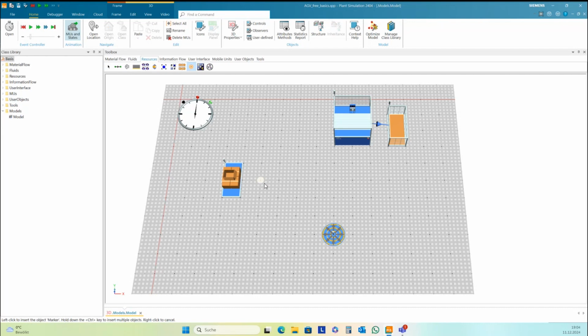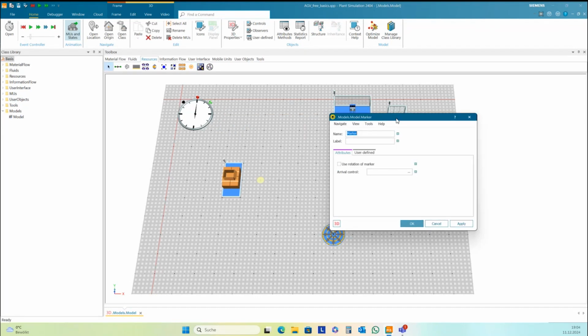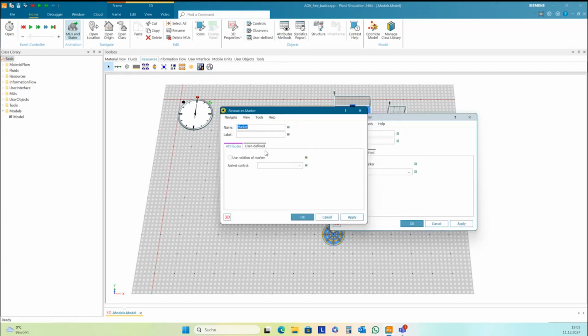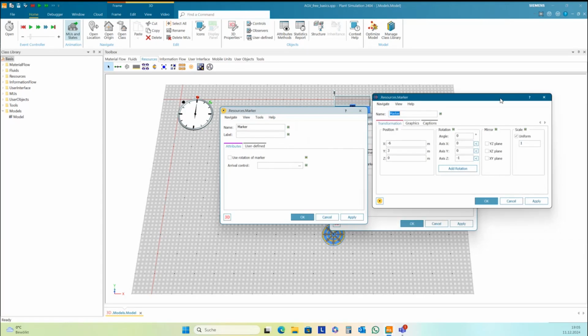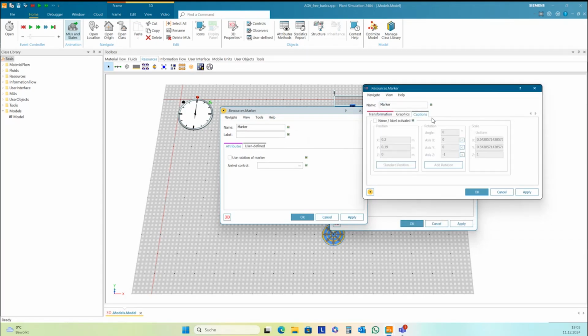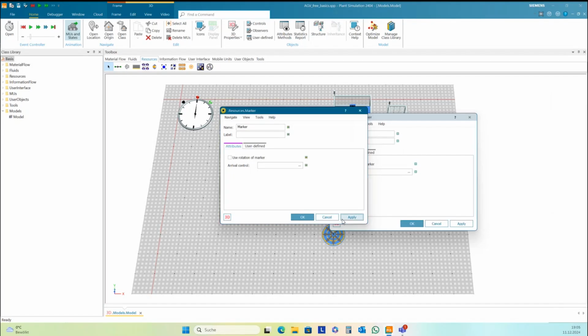And I want to have 3 different markers. I switch here, navigate, open origin. I want to have the names of the markers visible for you here. So I make the names visible.